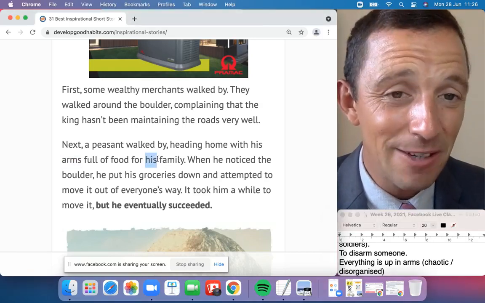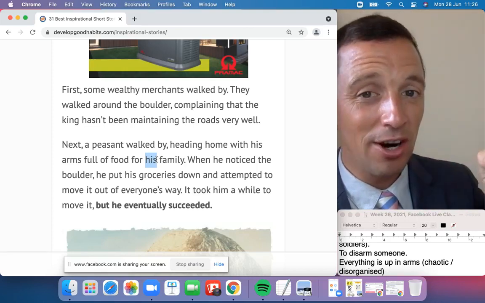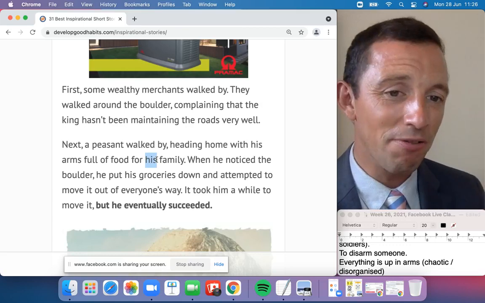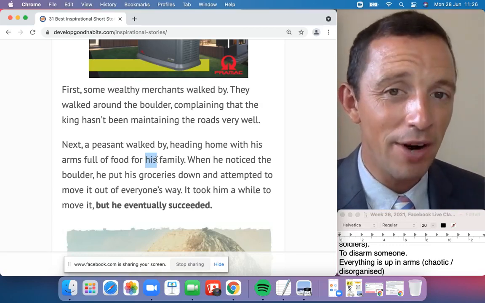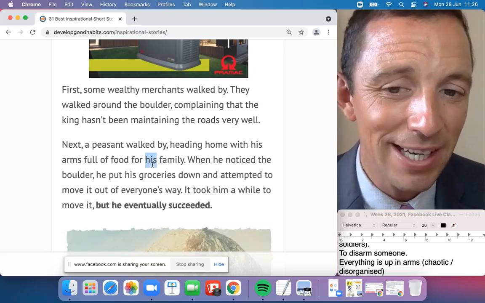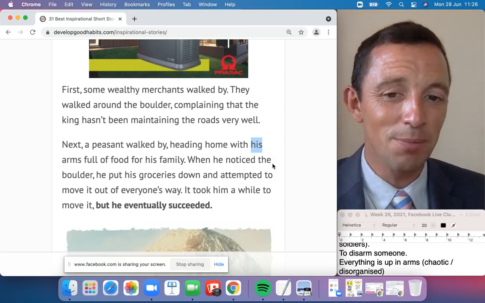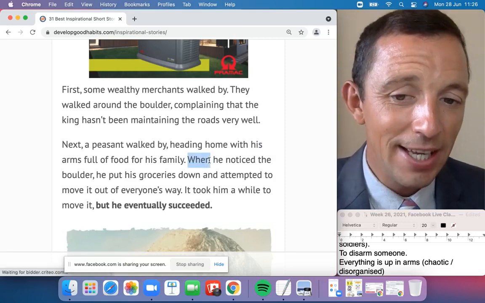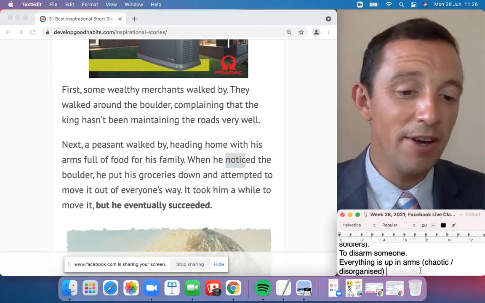Again, possessive adjective: my family, your family, his family (masculine), her family (feminine), our family (plural), your family (plural), their family (plural also). But in this situation, it's masculine, his family, and again it's masculine possession, his arms. Okay, when is the time? The subject is he, the verb is to notice, which is very, very tricky in